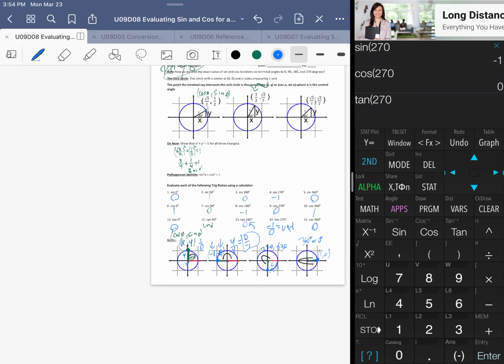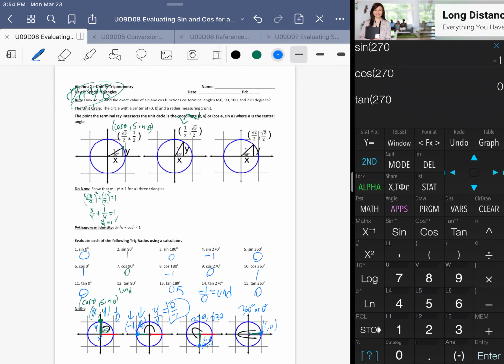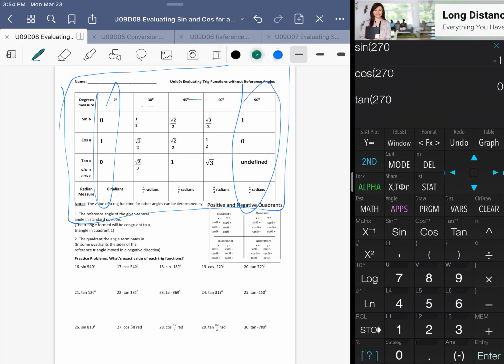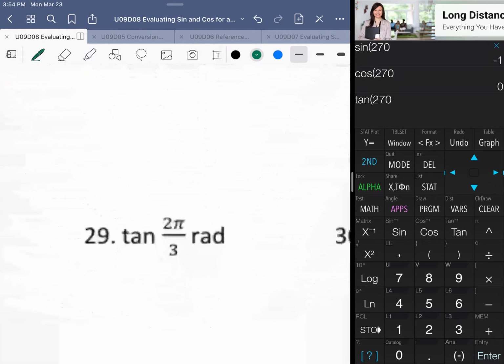And that's the basic idea of what we're doing today. The back is just a collection of practice problems. I'll just briefly go over one angle that's not coterminal to 0, 90, 180, and 270 from yesterday's work, just as a reminder. So I have the full list of angles. 0 and 90 are two of the ones we just talked about, but yesterday we would have talked about 30, 45, and 60. These are the angles that are formed when you have a reference angle. So let's take a look at